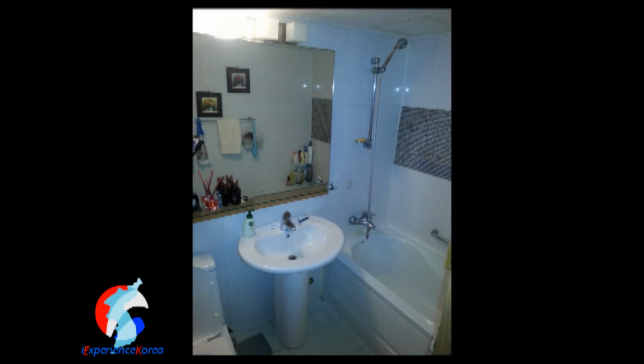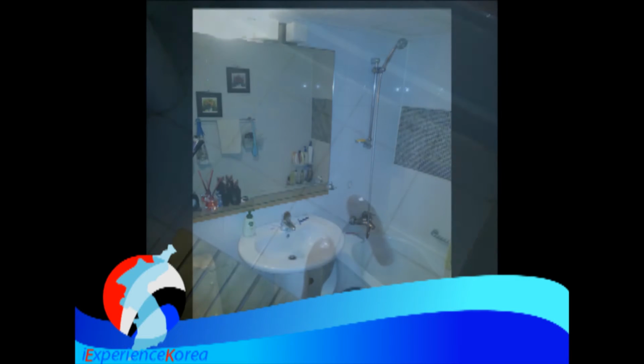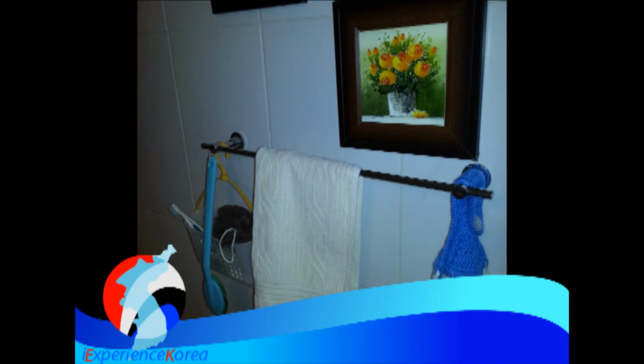No matter where you go, all of us need bathrooms, and Korea has some interesting bathroom situations. They're different in some ways from the West, so let's just take a look at what Korean bathrooms are like. Many people will be staying in homestay situations during the Olympics, and here's a typical Korean bathroom that you might